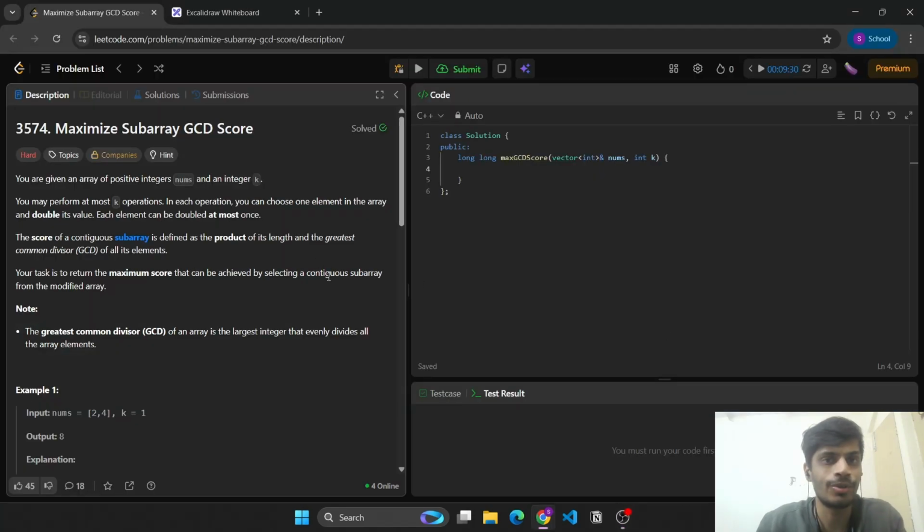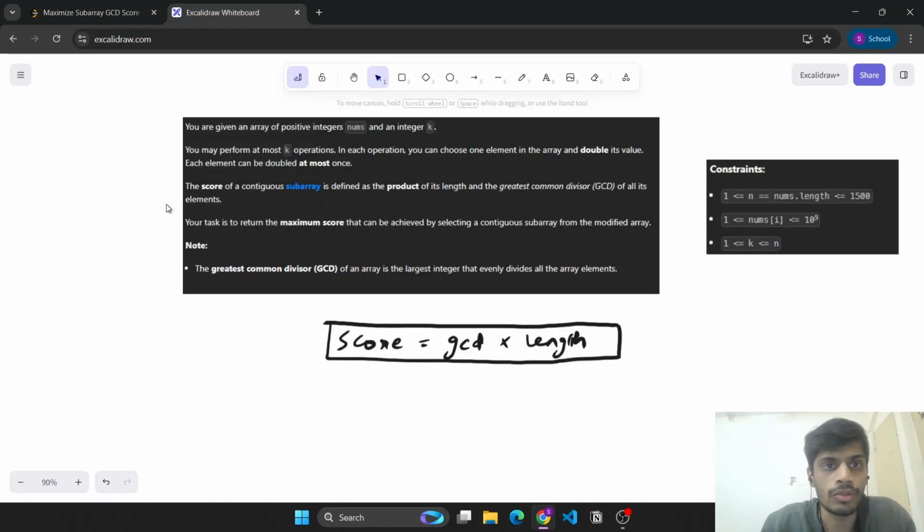Hello everyone. So today we are going to solve this LeetCode hard problem, Maximize Subarray GCD Score. So let's go through the problem statement once, and we'll see what we need to do here. We are given an array of numbers, and we are also given this value k. The k denotes the number of operations that we can perform on the given array, and in one operation,